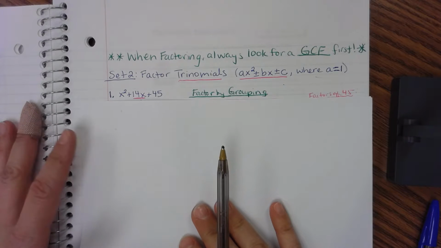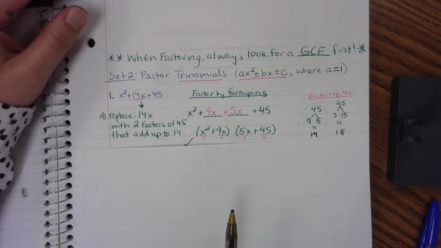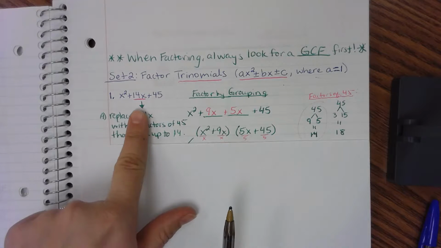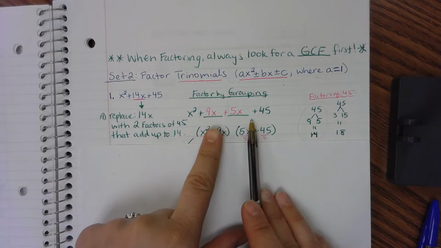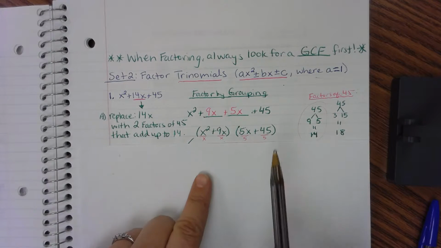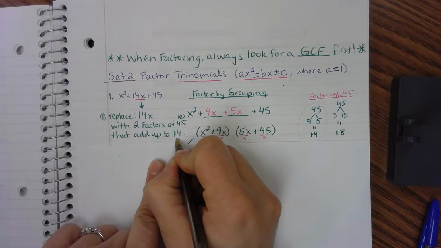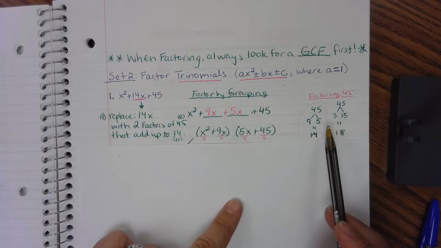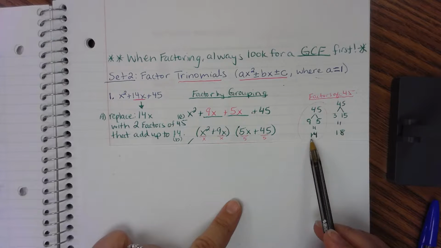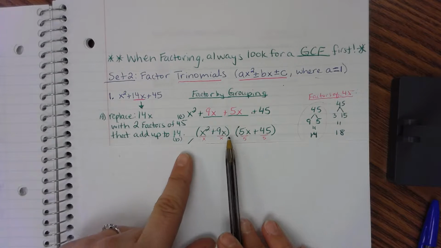The first is called factor by grouping. I am going to replace the middle term, 14x, with 2 factors of 45. This is my c value, that add up to the middle term, which is my b value. And you can see that I've done some factor trees over here to pick the right 2 numbers that add up to 14, and that was 9x and 5x. So then